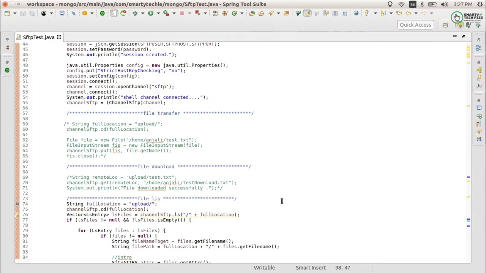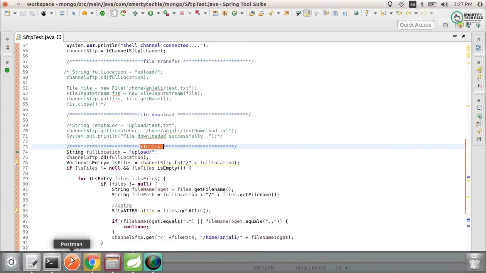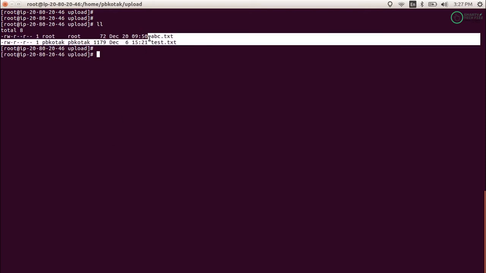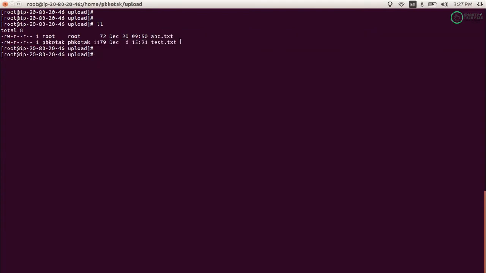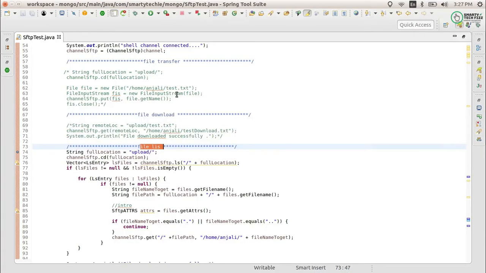As I said earlier, today we are going to list the files and then download these multiple files to our local system. Let me show you my SFTP server, that is the remote server where SFTP is present. This will be the path from where I will be downloading these two files. Firstly I will list these files and then we will perform the download operation on these multiple files. After listing, they should be downloaded to our local system. So this is how we can implement it.